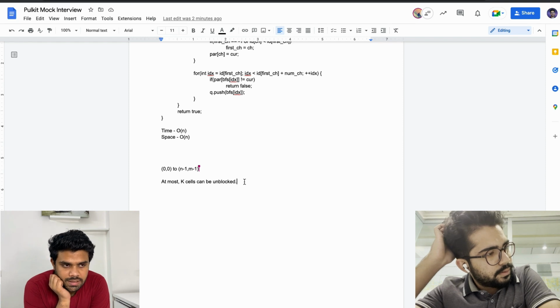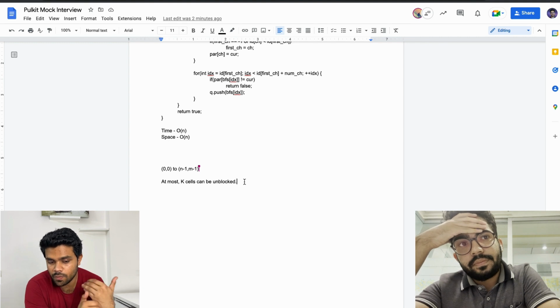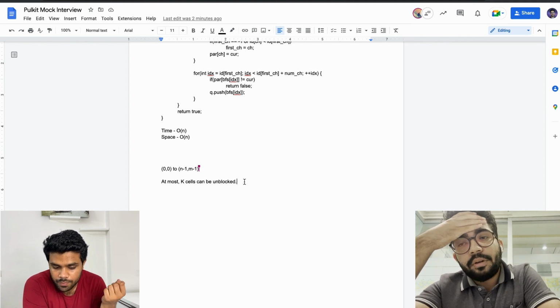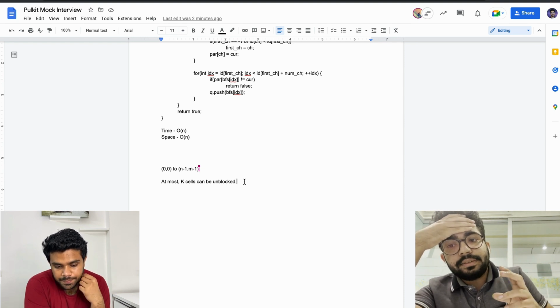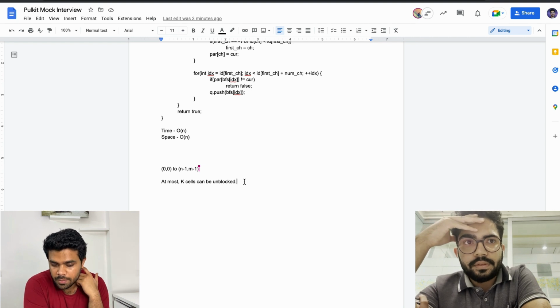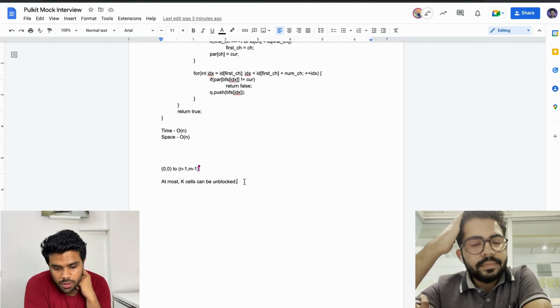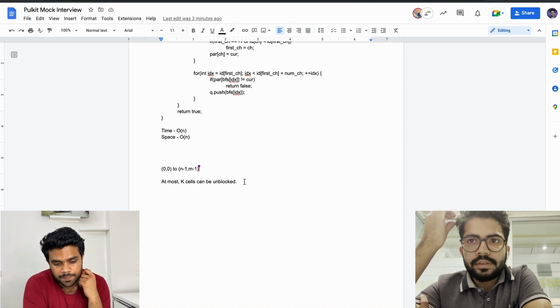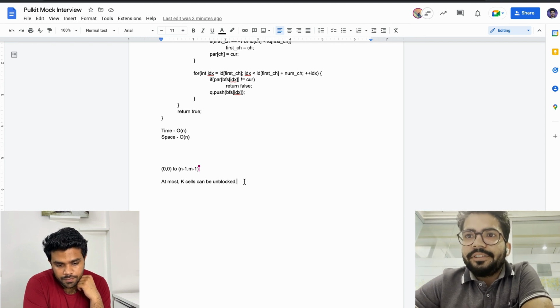You decided that this is the minimum path that you are choosing, and then you want to verify it. I'm not saying that this is the exact minimum path, I'm saying the shortest path will be at most this, not exactly this. So now I basically want to verify whether it is possible by removing a certain number of cells within the limit K. So how can I check if this particular shortest path is achievable or not?